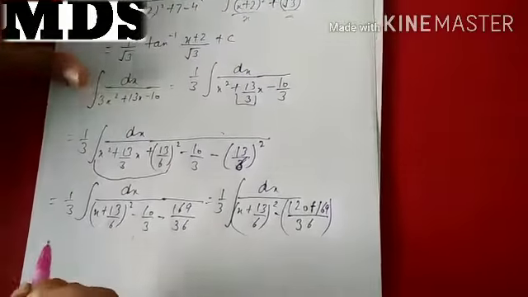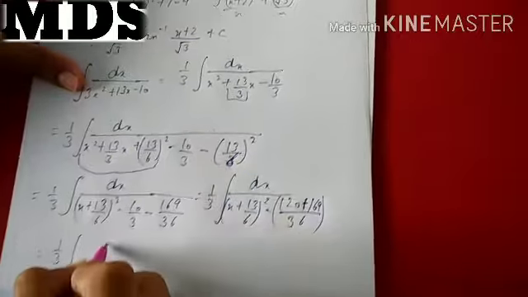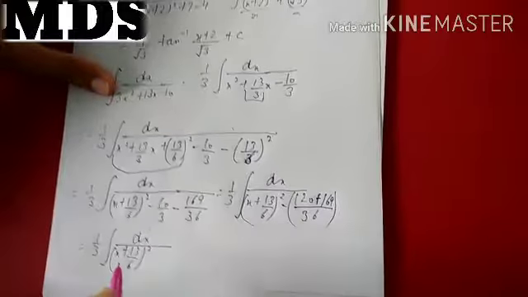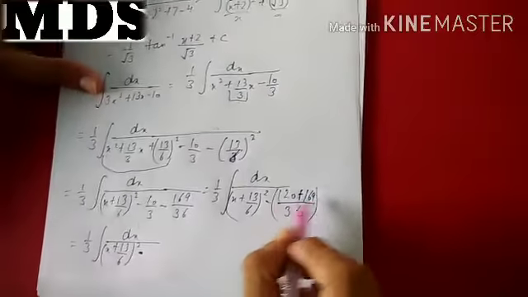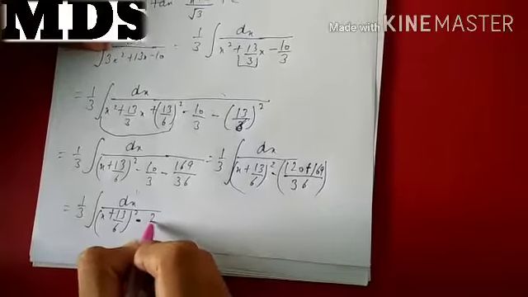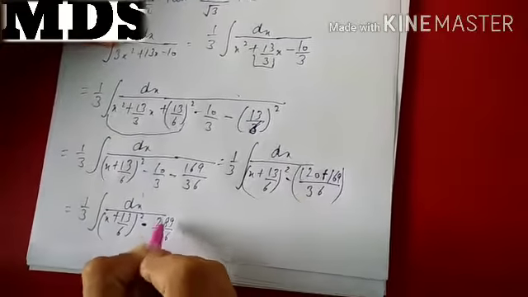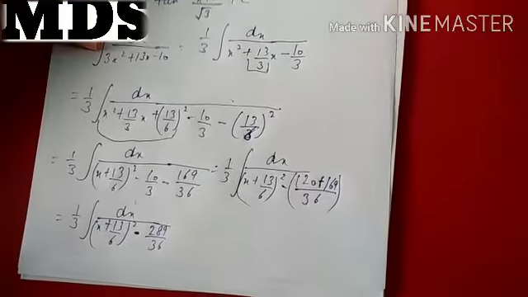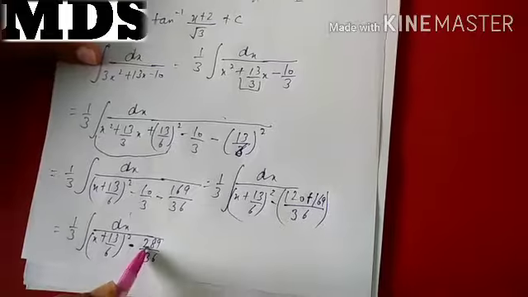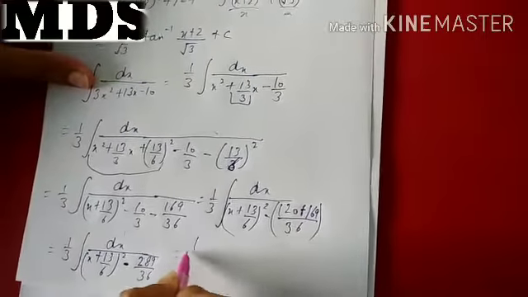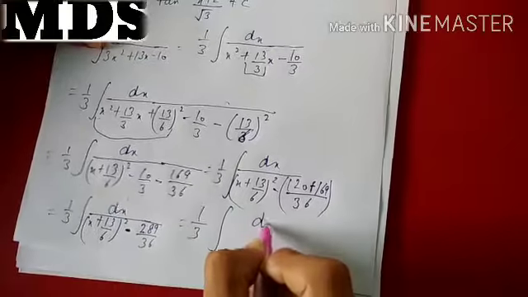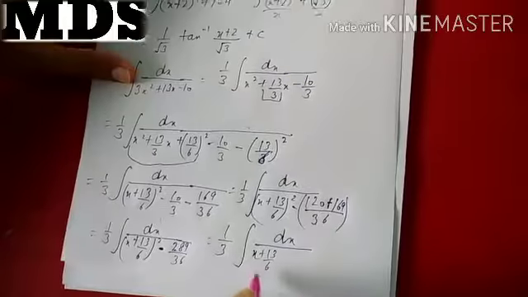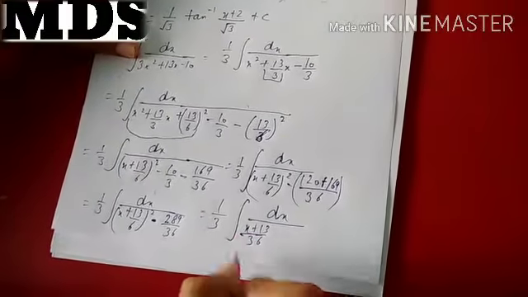So what we are going to get, we will get as dx by x plus 13 by 6 whole square minus, what will be this, it will be 289 by 36, okay. And now what can I write in place of 289? It is the square of 17. So my question will be now 1 by 3 integration of dx by x plus 13 by 6, or suppose you can say 36 here, 6.